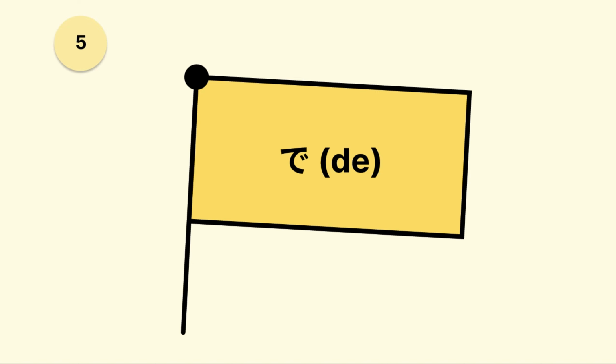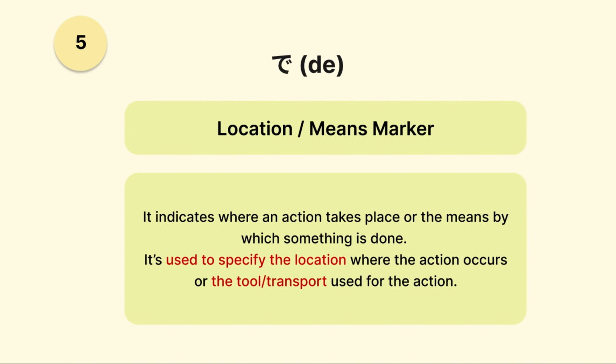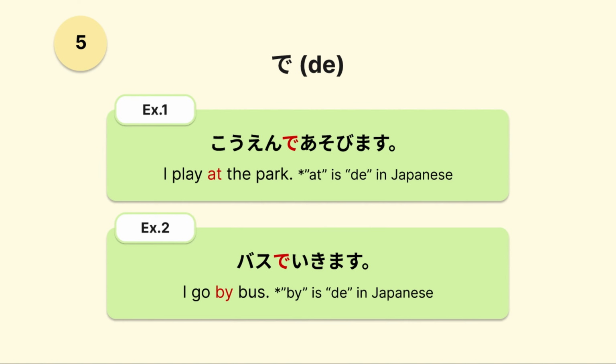Number 5. De is location or means marker. De indicates where an action takes place or the means by which something is done. It's used to specify the location where the action occurs or the tool or transport used for the action. For example, 公園で遊びます. I play at the park. At is de in Japanese. At the park. 公園で